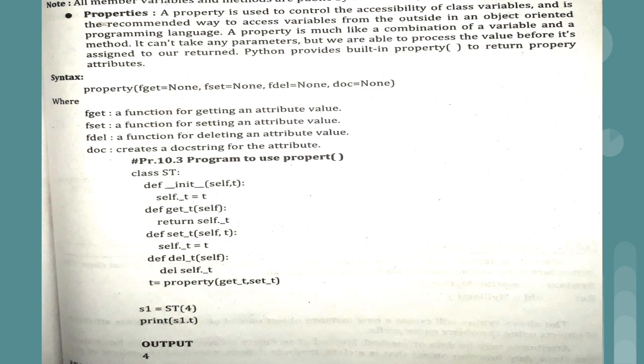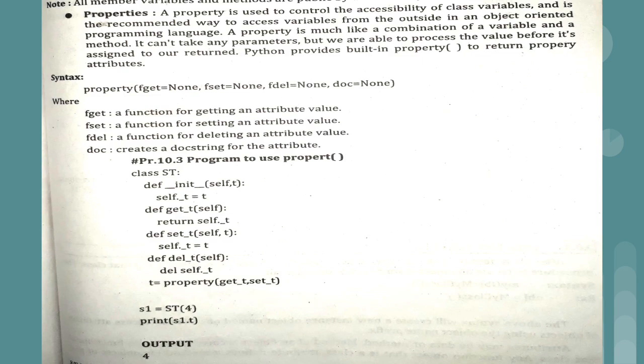Whenever we want to get some outside variable with the help of property, then we just have to write property in round brackets. There are some parameters: fget=None, fset=None, fdel=None, and doc=None. So basically property has a total of 4 parameters, out of which the starting 2, fget and fset, are we can say compulsory. They have just given you the example fget and fset. It's not the name of the property. If you want, you can have your own name for the property. That will be clear from the explanation or from the example actually.